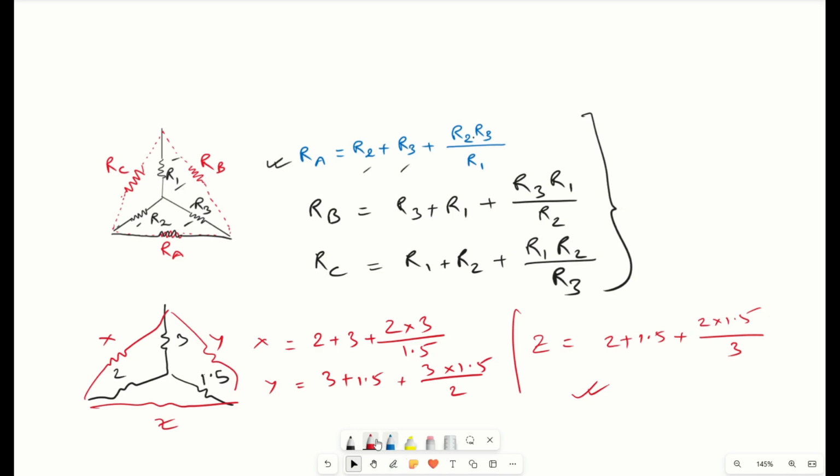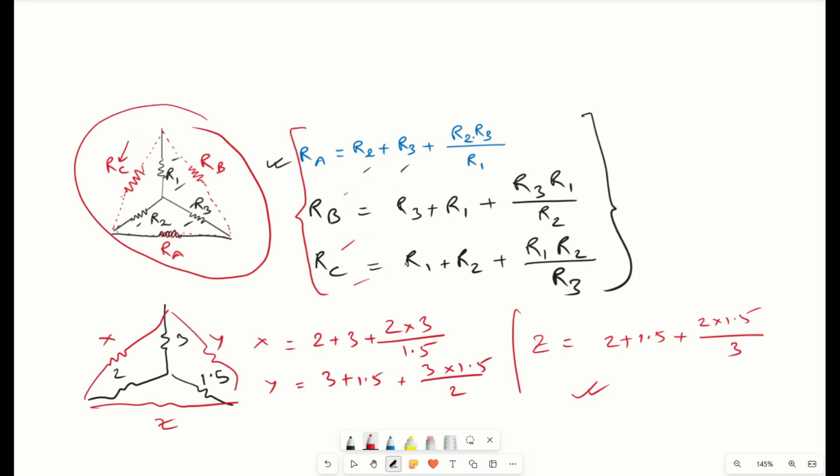So instead of remembering formulas, if you try to remember everything, first you have to remember the formula, and second you have to remember the circuit also, because by some mistake if you put this Rc as Rb, then your calculation will go wrong. So instead of moving into this loop, we can simply consider this logic